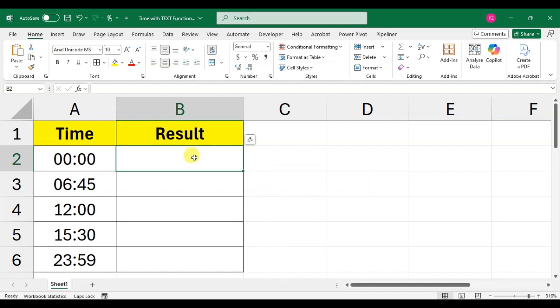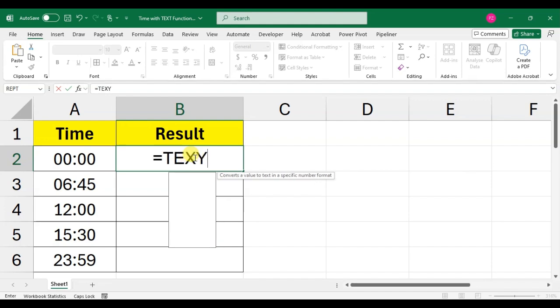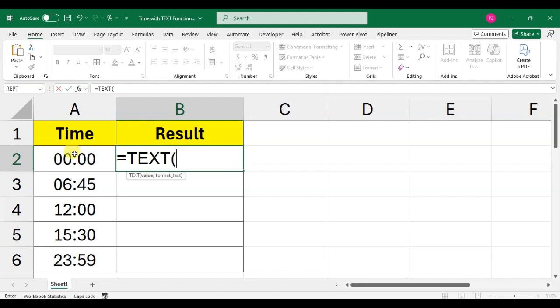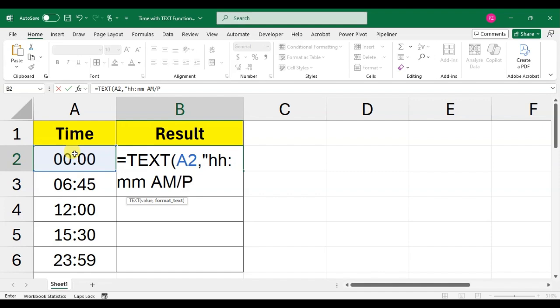Simply select the cell, use the equal sign, and enter TEXT. Okay, here the TEXT function is selected. Then select the time, use a comma, and in double quotes enter double hh in small letters, h indicates the hours. Then use a colon, and again use double mm, which indicates minutes, and give a space, then use AM, then a slash and PM in double quotes, bracket